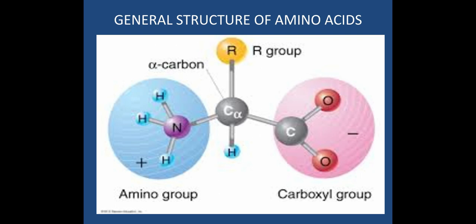There are two carbon atoms in each amino acid. The first carbon is the carbon of the carboxyl group, and the second carbon, to which the amino group is attached, is known as the alpha carbon. In most amino acids, this alpha carbon is joined by covalent bonds to four different groups. On one side it is attached to the carboxyl group, on another side to the amino group, on the third side to the R group, and on the fourth side to the hydrogen atom. This makes the structure of the amino acid asymmetric.